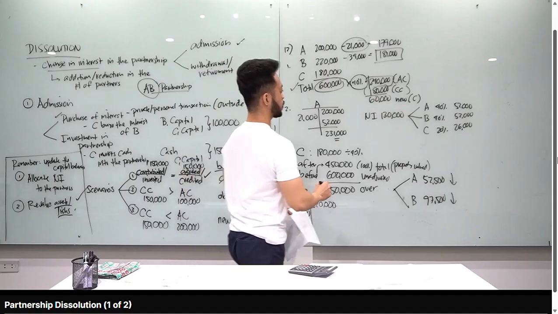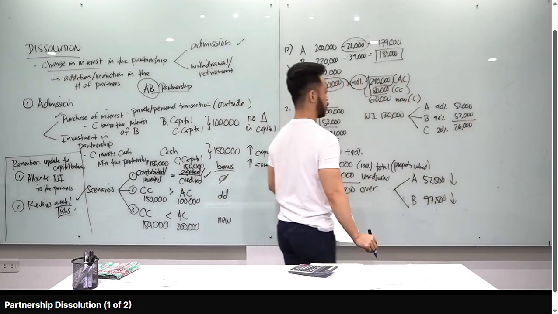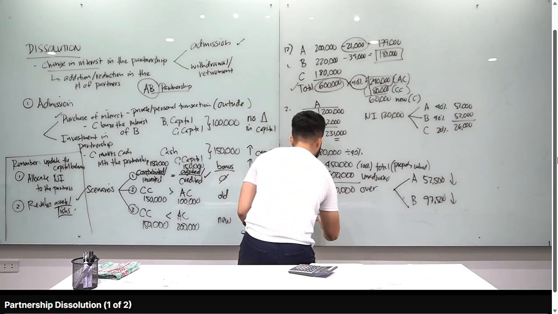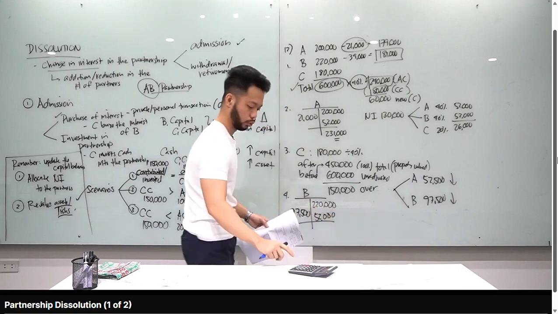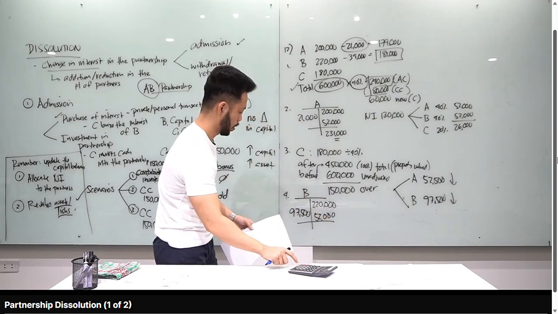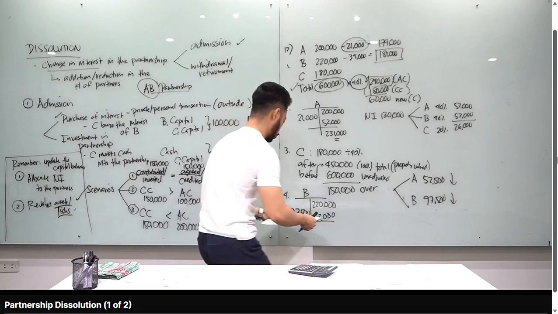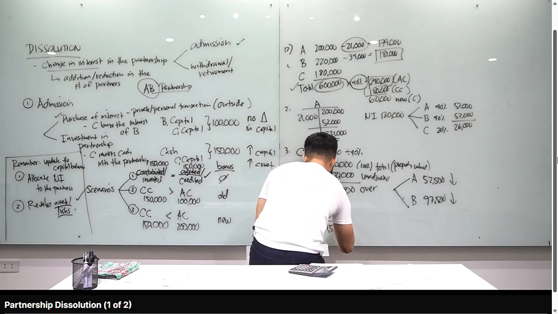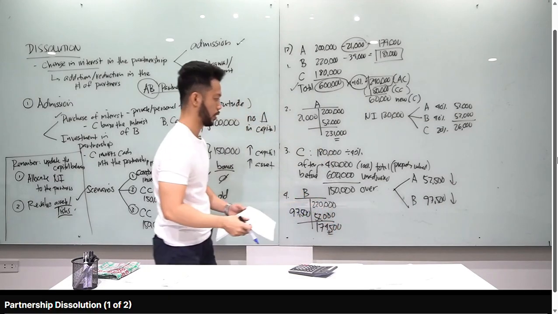Tama? Now, since si B yung tanong, 97.5, dito siya sa debit. Alright? And don't forget class na si B, naka-receive din siya ng income allocation for the year amounting to 52,000. Tama? Okay. So 220 plus 52 minus 97,500, answer natin dito is 174,500. Final answer is letter D or dog, 174,500.